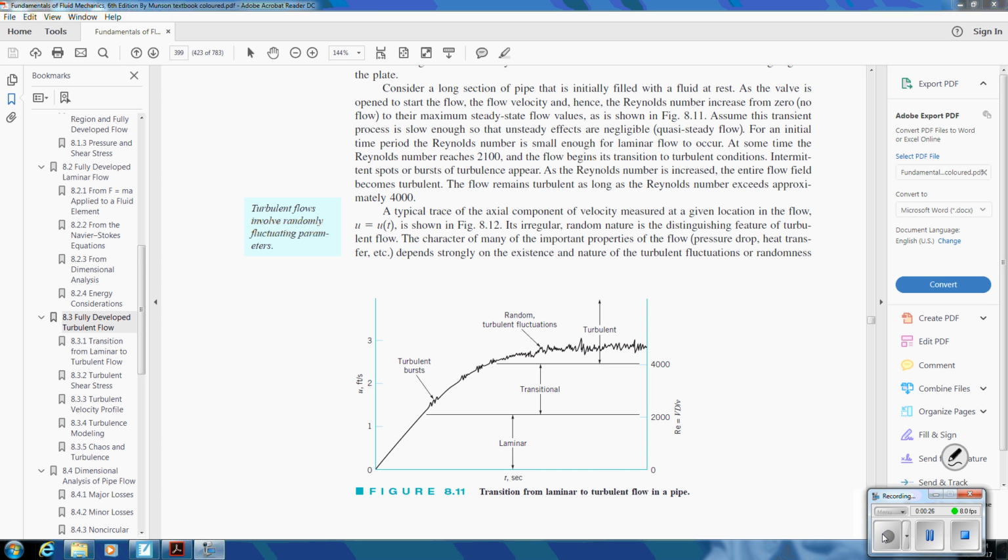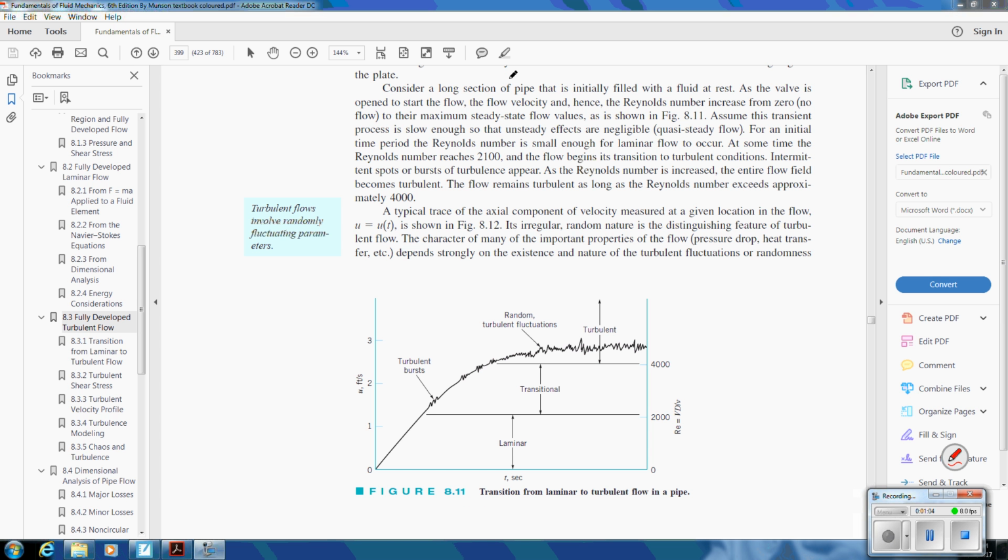So we say when viscous effects are present, the flow can be either laminar, or in the transition period, or turbulent, depending on the Reynolds number. For example, in a circular pipe, in pipe flow, a Reynolds number under 2100 is laminar and over 4000 is turbulent. And in between, 2100 to 4000, it is a transition period. And from this graph,